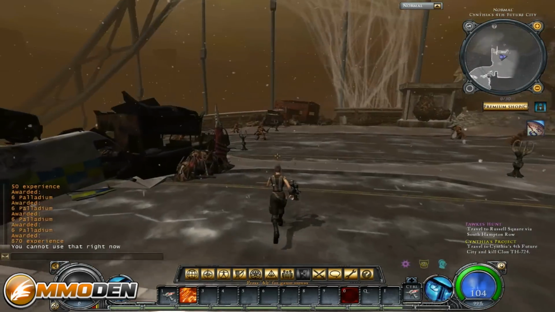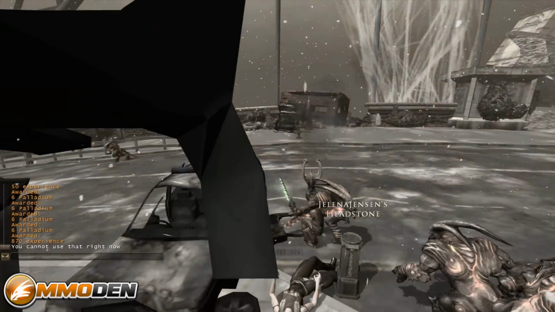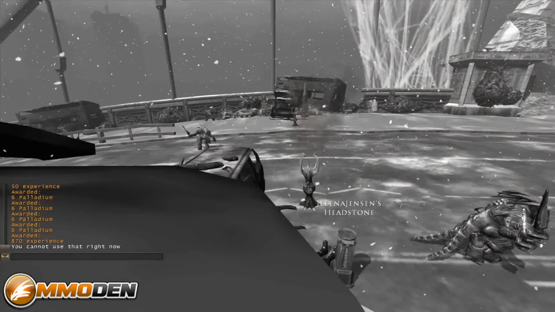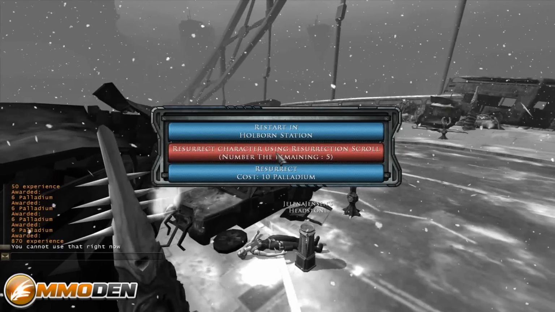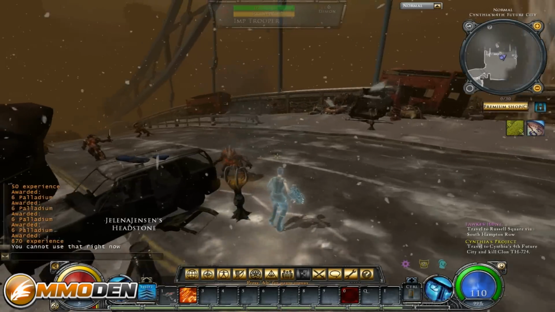Run by all these guys. I don't think we're gonna make it. You can't jump while running. And we died again because I'm not really paying attention to all these quests. So let's resurrect and see what we're supposed to do. Travel to Cynthia's 4th future city and kill the clone